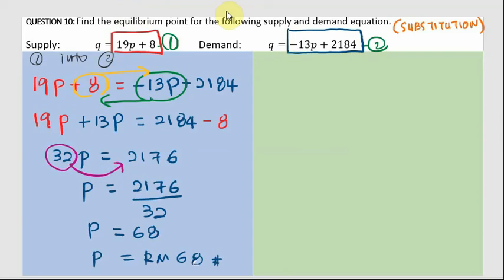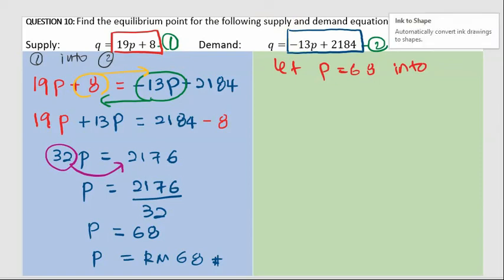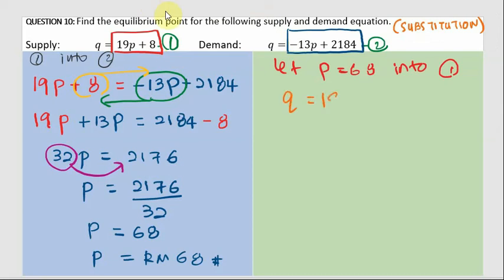Now let P equals to 68 into, you can choose either the first or second equation. It's up to you. I choose the first equation, which is Q equals to 19P plus 8. Now we take 68 into P. Then we have Q equals to 19 times 68 plus 8. What is Q? Q is